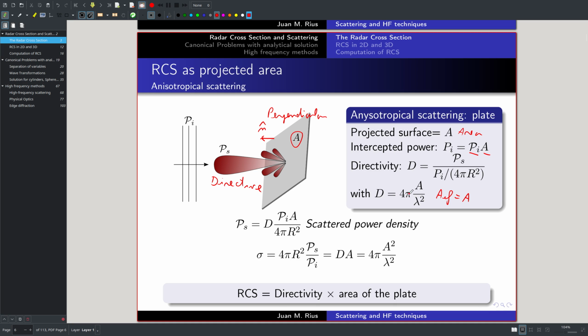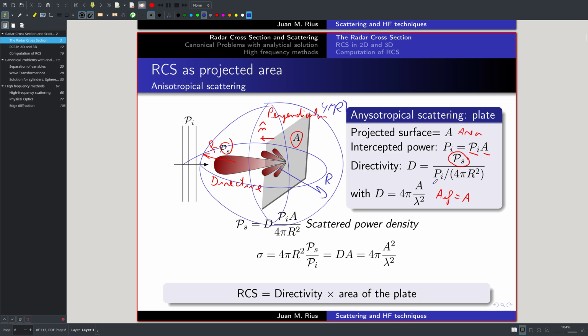In this case, the directivity is 4 pi times the physical surface of the plate, which is A, over lambda square. And then we use the definition of directivity. Remember that the definition of directivity is the radiated power density, in this case the scattered power density rho s, over the average radiated power density, and the average is the total radiated power over the surface of the radiating sphere, again 4 pi r squared, where r is the radius